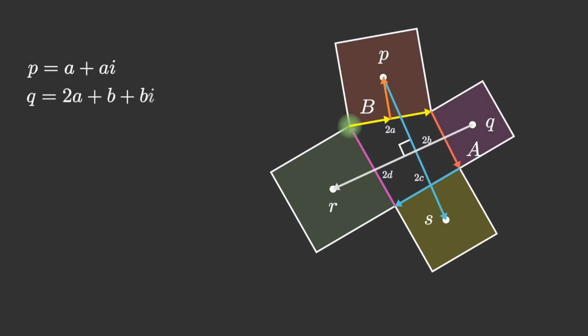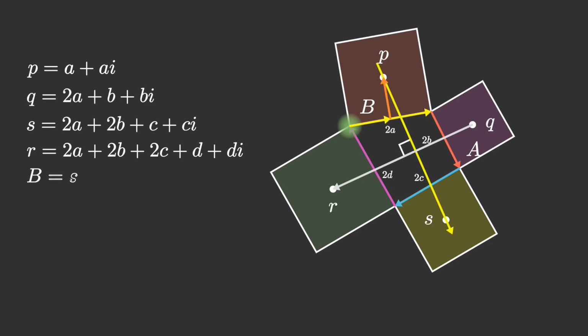Now I want to go to the point Q. We will follow the same steps. First we will go to the tip of the yellow vector, after that the midpoint of the red vector, then we'll go perpendicular to the red vector to reach Q. Similarly, we can calculate the points S and R.